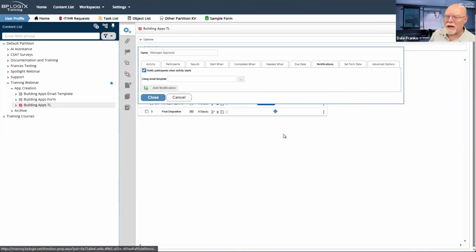The difference is the type of email that gets sent. Notice that on this notifications tab, I still have the same add notification button that I have on the notification tab of the final disposition activity. I can send additional emails, but this checkbox sends a special email to the participant.